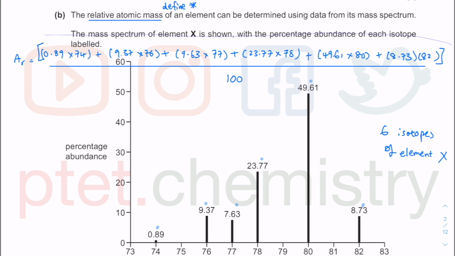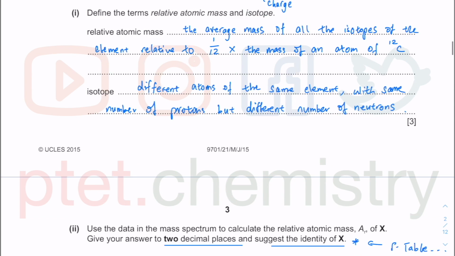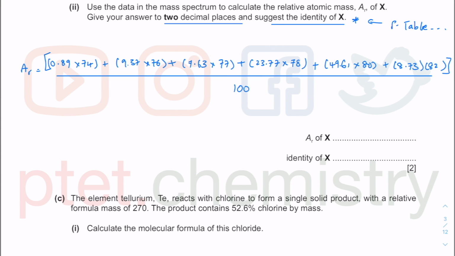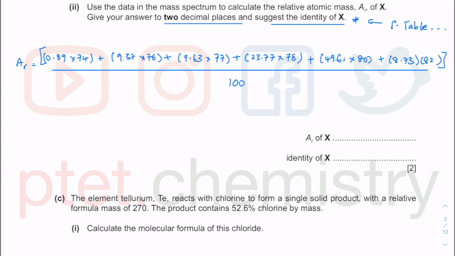So I'm just going to copy paste that. I'm going to cut that, go to the next page and paste it here. My working seems a bit long because of all that. It seems like only 2 marks. You could probably have just pressed the calculator and written down the numerator and denominator. So 0.89 times 74 plus 9.37 times 76 plus 7.63 times 77 plus 23.77